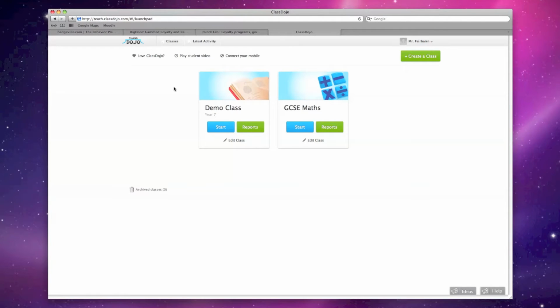Okay, so when you log into Class Dojo, you'll be greeted with a list of all your classes represented by these large rectangles. And it's really simple to get started in Class Dojo. So to set up a class, all we need to do is come to this big green button here, create a class,